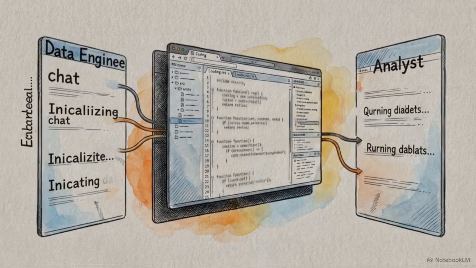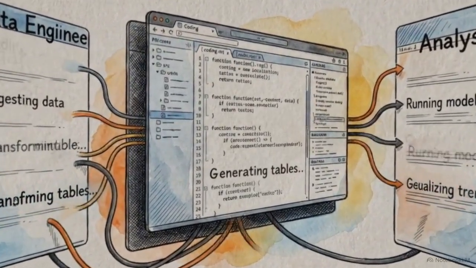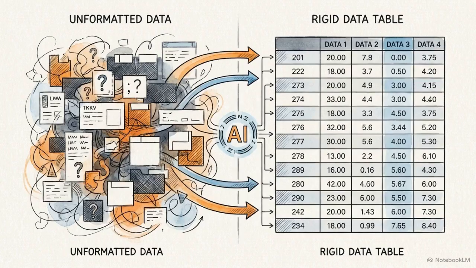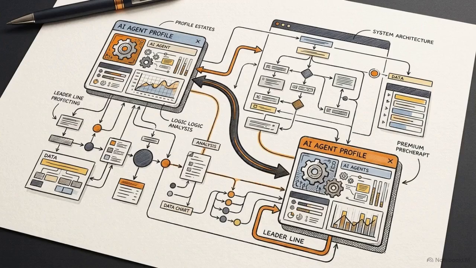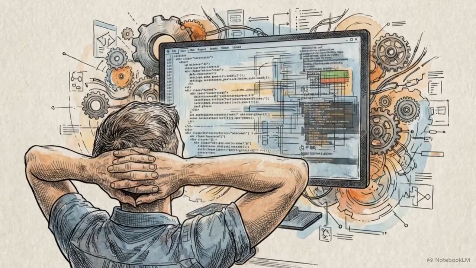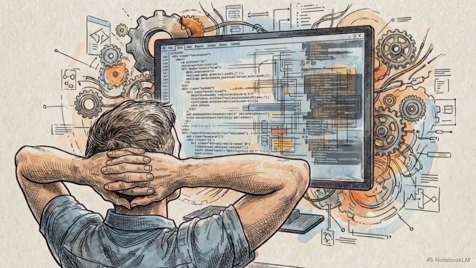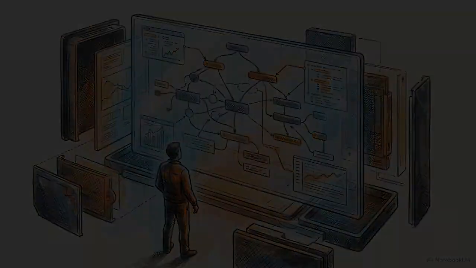Because the notebook maintains a persistent memory state, specialized AI agents can use the environment to hand off tasks to one another. One agent might clean the dataset, while another builds a visualization, communicating through the notebook's underlying state. As AI agents take over more of the iterative coding and debugging, the role of the data scientist is shifting. The notebook, once a tool for manual experimentation, is becoming a supervisory dashboard,